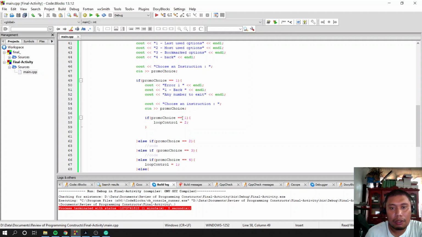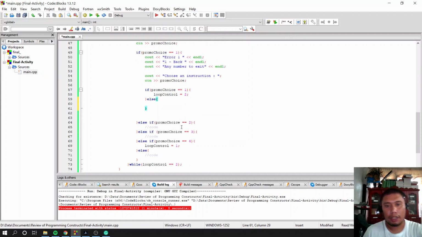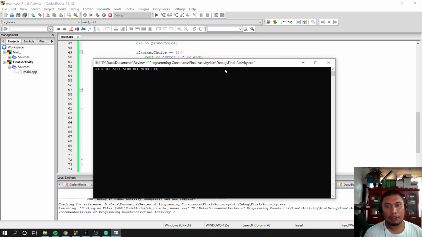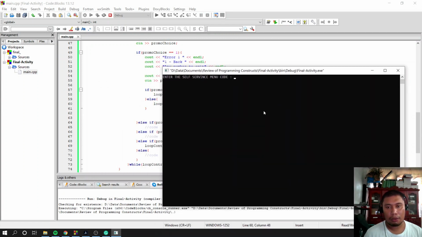But if you were going to put any choices like else in here, and assign, for example, loop control equal to 10, or just a negative value like negative 10, as preparation for all of your while loops, because we have a lot of promos available. So what happened now, earlier we managed to loop it back even though it's not 2. So right now,